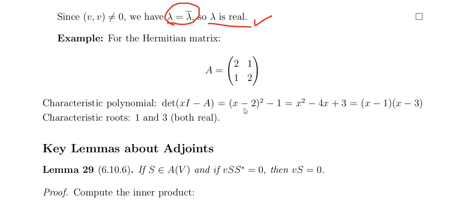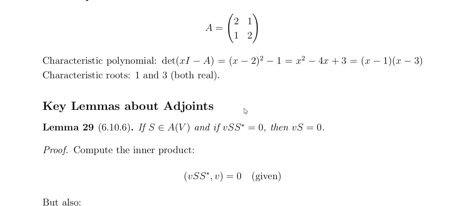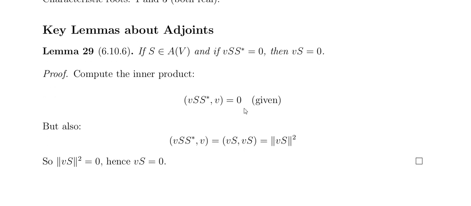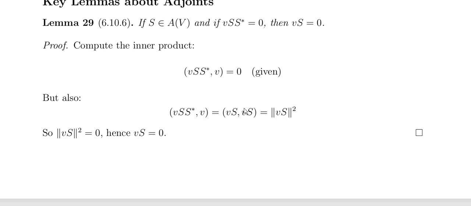That is the example 2 1 1 2. The characteristic roots were 1 and 3. That is purely real. And S belongs to any other transformation, S belongs to A of V, with VSS star equal to 0, and Vs equal to 0. Okay, so then